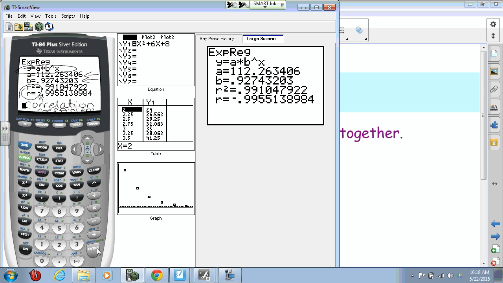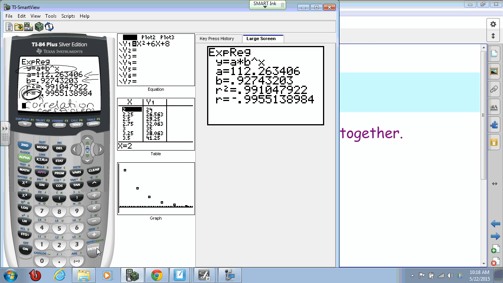R, not R squared. R is your correlation coefficient. R has to be between a positive 1 and a negative 1. If your R value is a positive 1, your scatter plot is moving in a positive direction. It's a perfect fit. 1 is a perfect score. If the regression is moving in a negative direction,